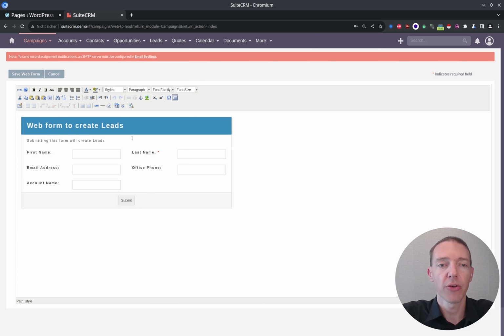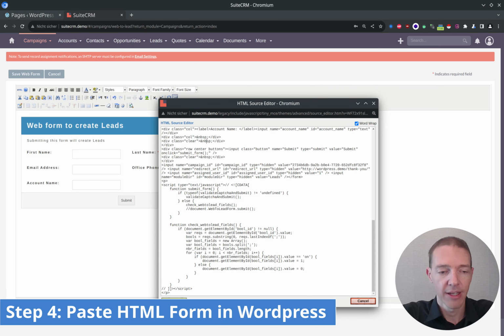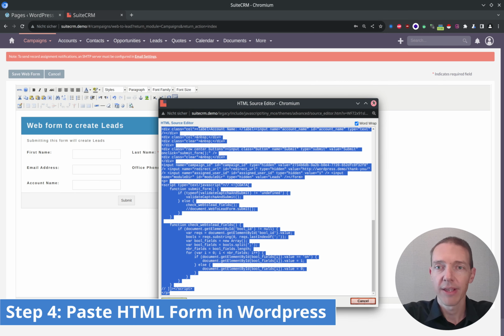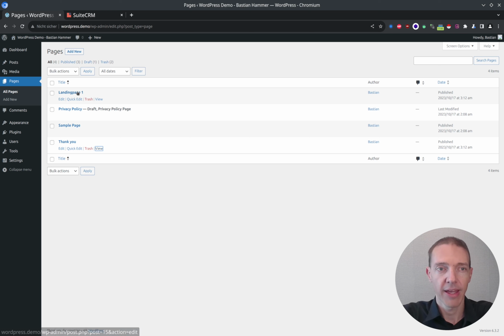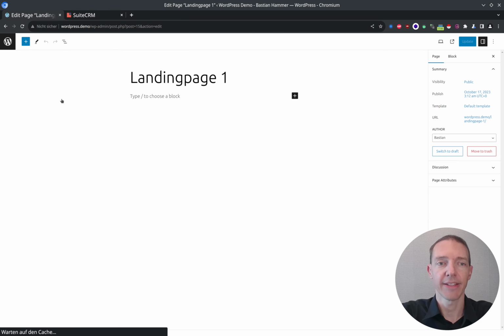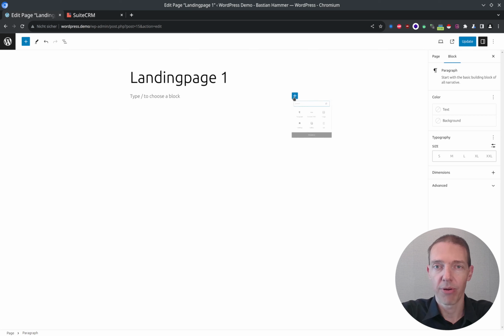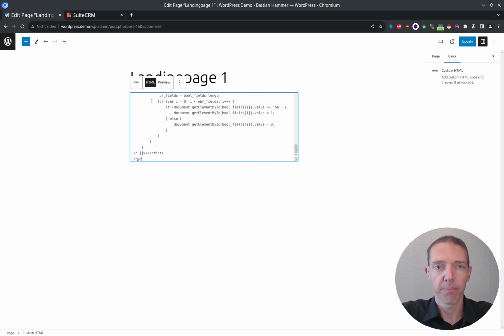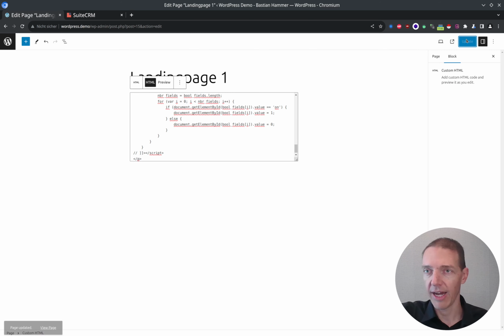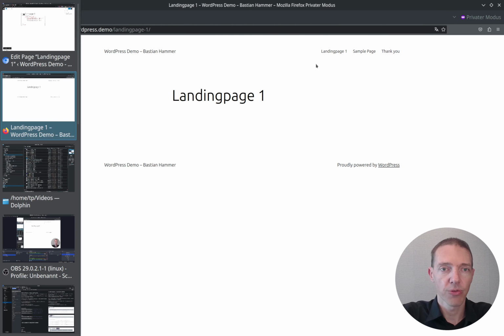The first thing that we do now is we have to copy this form and get it over into our website. So you can continue working on this. Usually I don't. Usually I just click here on HTML, Control A, Control C, and I copy all the HTML part or snippet. And now I go to the landing page and click on Edit again. And now I can add my block here, and I want to have the custom HTML block. And here I would simply paste this. So then I update it, and I go back to my